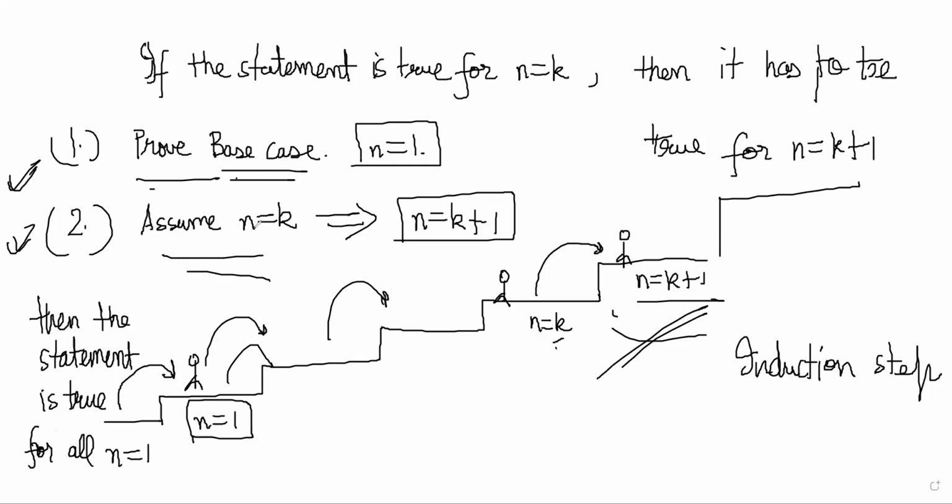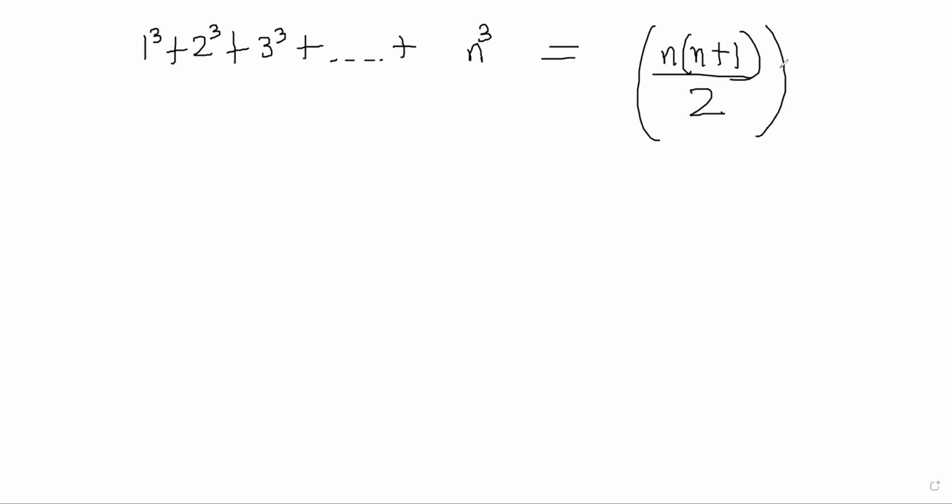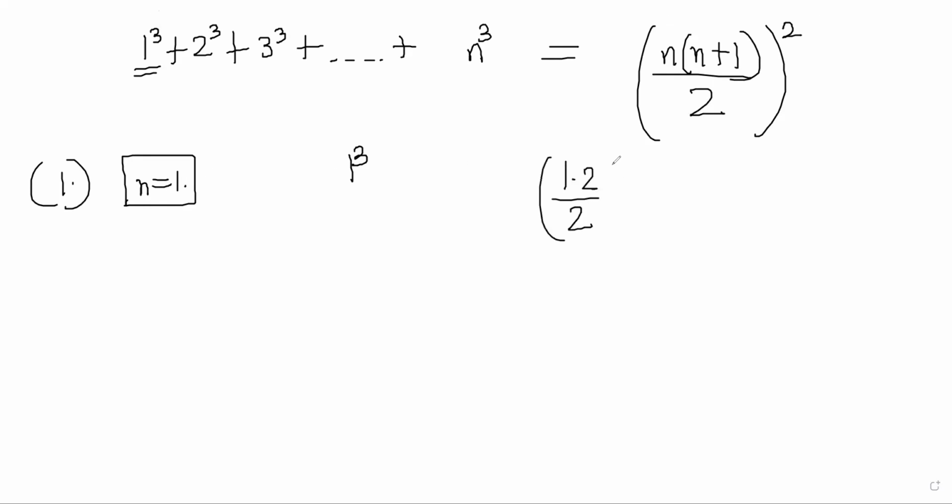Yeah. So that is mathematical induction. By mathematical induction, you will be able to prove that 1 cube plus 2 cube plus 3 cube plus ... n cube is equal to n into n plus 1 by 2 whole square. You can prove this now, because first, prove the base case for n is equal to 1, right? N is equal to 1, so it is just 1 cube this side, and this side is 1 into 2 by 2 whole square, right?